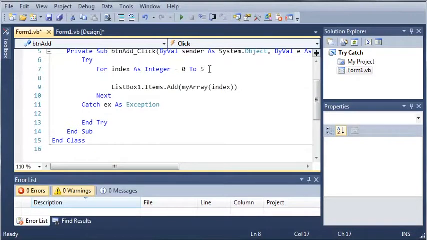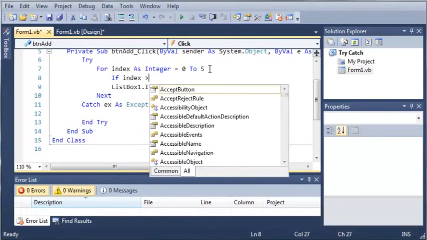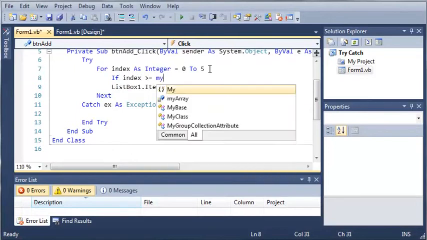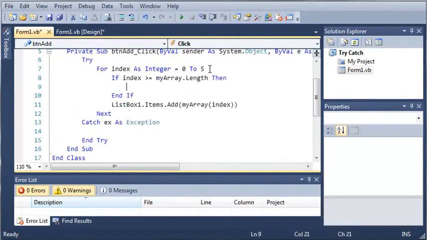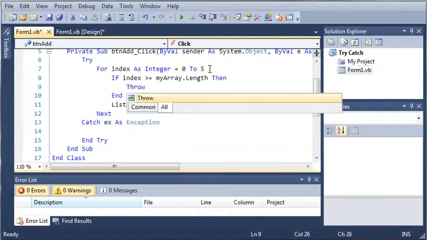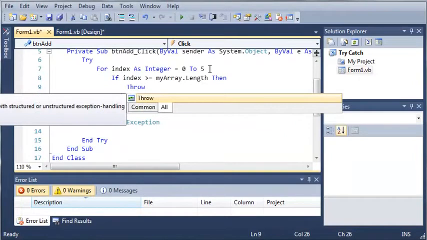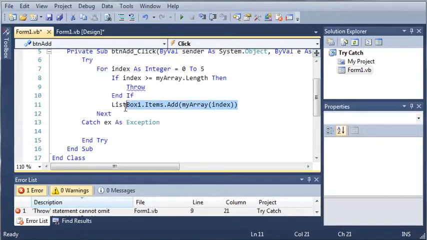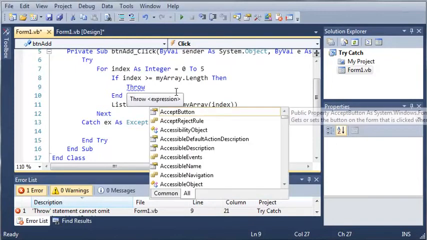So we'll just type if index is greater than or equal to my array dot length. What do we want to do? We want to throw, and you can see here that the description says throws an exception within a procedure so that you can handle it with structured or unstructured exception handling code. So this will just throw the exception before the exception actually happens. So if an exception is about to happen, let's just throw one right here, and we'll handle it down here